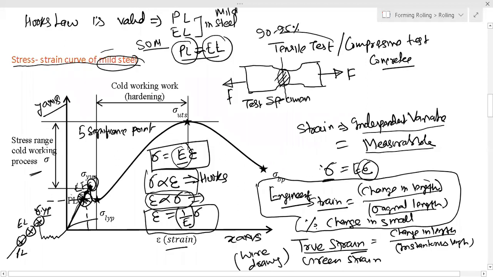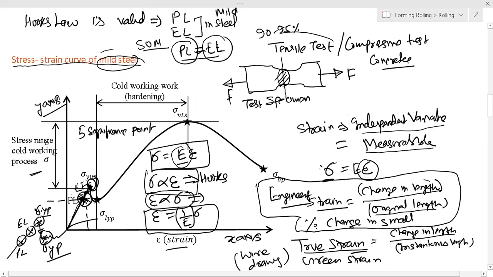After upper yield point, what happens? Stress decreases, but strain increases. So this is a point where, without applying more stress, even as you decrease the stress, strain increases. That point we call upper yield point. It does not have that much significance, but yes, you have to understand it like that. After upper yield point, without increasing the stress, strain increases. Then we reach a lower yield point. Lower yield point has a great importance.